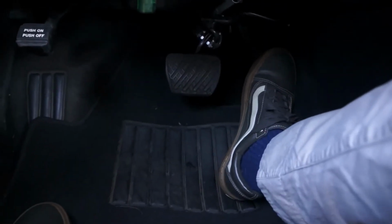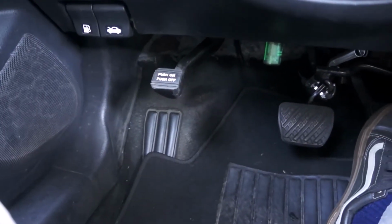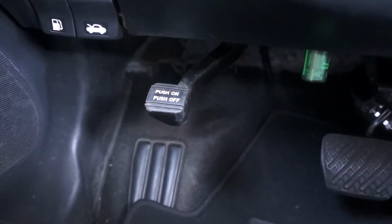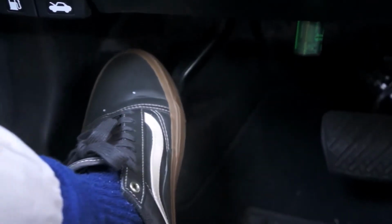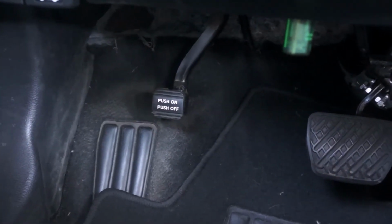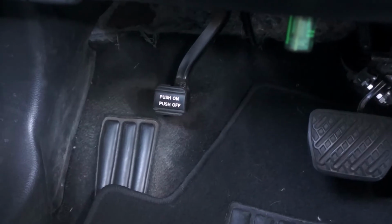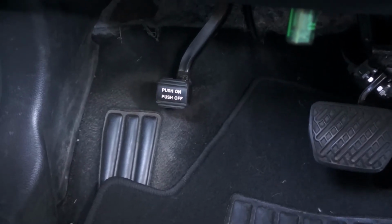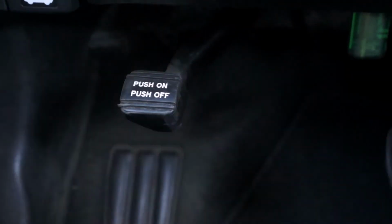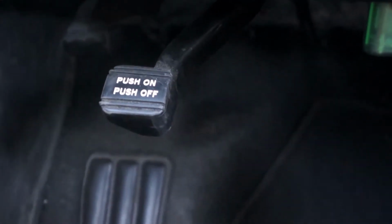When you use the parking brake, you're going to use your left foot. Now the parking brake works in conjunction with the light on the dashboard, but when you use it, you're going to use your left foot. Press all the way down slowly and release, and the car will stay in place. The parking brake controls the rear wheels of the vehicle in most cases. To release the parking brake, once again, you squeeze down and release slowly until it comes to the top, at which point you can drive the car. If the parking brake is engaged